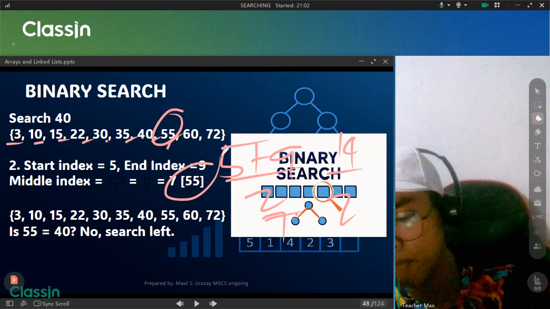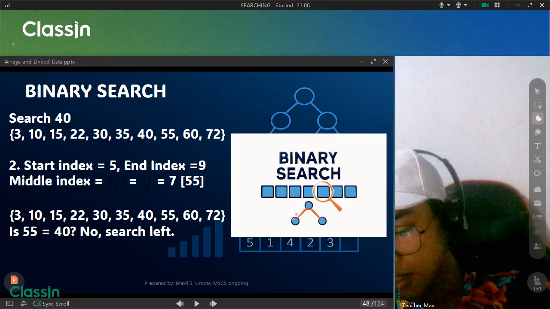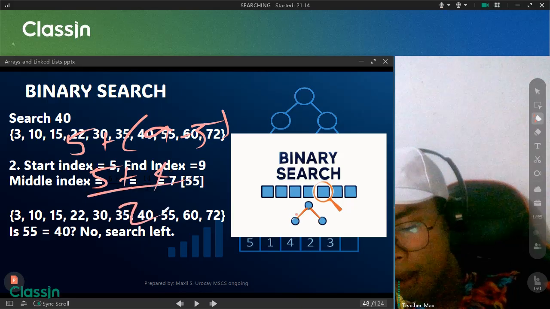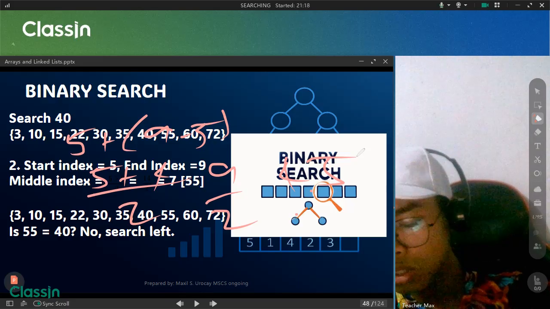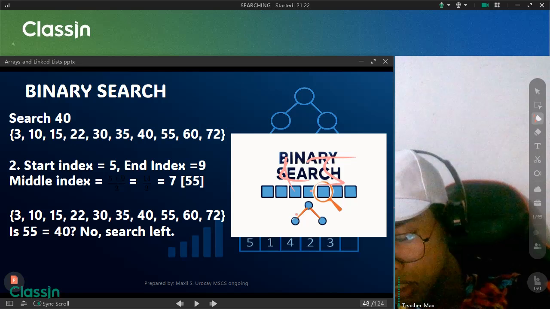If you base it on the code formula, 5 plus 9 minus 5 is 4, so 5 plus 4 over 2, 9 divided by 2 is 4.5, and that is automatically 4. Why 4? Because we start at index 5: 0, 1, 2, 3, 4, 5.